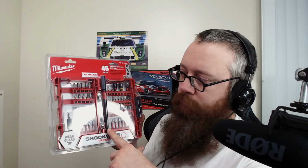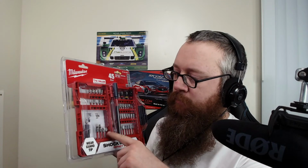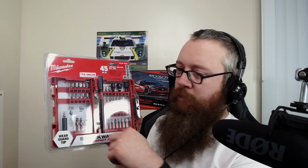There are multiple adapters for going into a regular drill, or extensions and that kind of thing. I believe where the center narrows down allows for a little more flex in the bit, so that if you're using an impact, it's not going to hurt these things quite as much. And these are Shockwave impact duty. So these are impact adapters that you can use in an impact driver. That was one of the things I wanted to be able to do with this, to use the 3/8 drive adapter inside of my